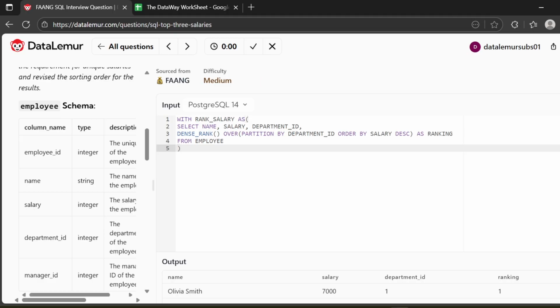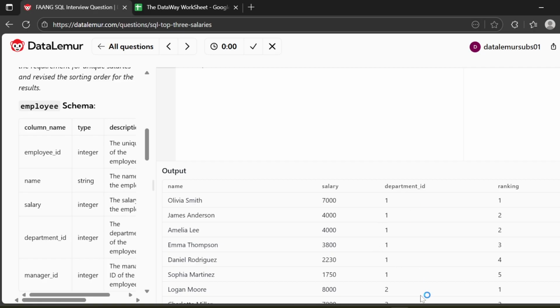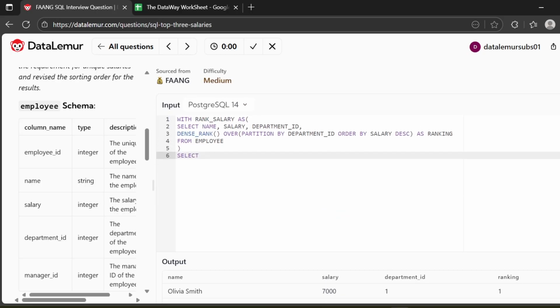I have covered how to deal with CTEs, how to write a CTE, and what it does and everything in a separate video. I have put the link to that in the description, so you can check it out if you haven't. Now that I have added this into the CTE, I am going to take this table and move to the next phase, which is select. Now I am going to manipulate this table itself. I have to get the department name, and then I need to only output the top 3 highest earners. So select, first I'm going to take